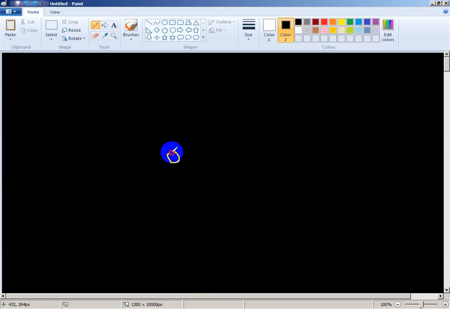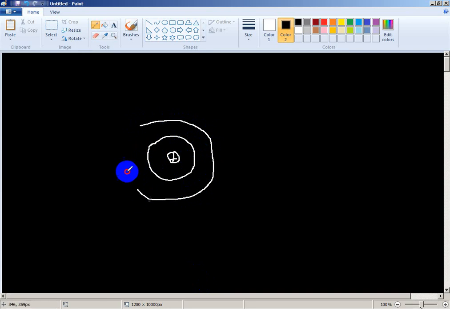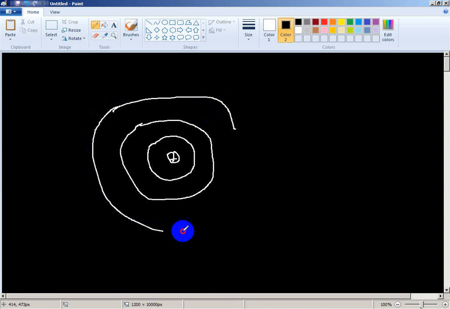Like this is the nucleus. This is the first energy level. It is the lower energy level, the first orbit or first shell. Then the second energy level, then the third energy level. So an electron in the lower energy level,